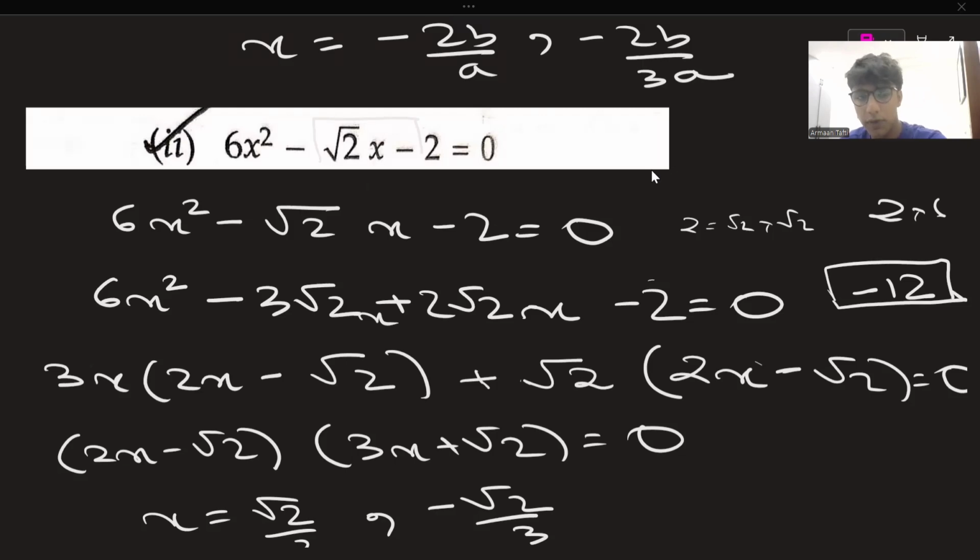Okay, so now before we move on to the next question, I just want to reiterate what we did in this entire question first. So first, we had to get two numbers that multiply up to minus 12, right? And we know that we had to break root 2x into two parts, which each have a root 2. And since two root 2's multiply up to 2, that means we require the whole number parts to multiply up to minus 6. And we did that by breaking it up into minus 3 root 2 plus 2 root 2,